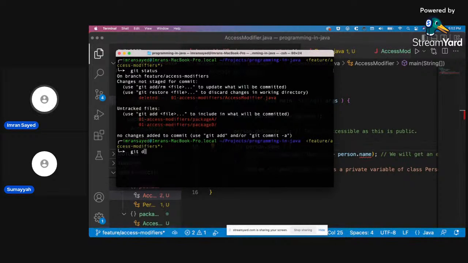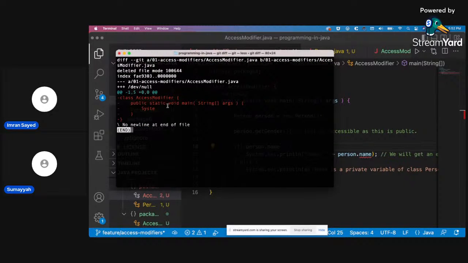Always check git status and see what all you're committing. Maybe you're committing a file that's not supposed to be pushed. So now we know what all we are committing. These are untracked files. With git diff, you can check what all changes you've made.